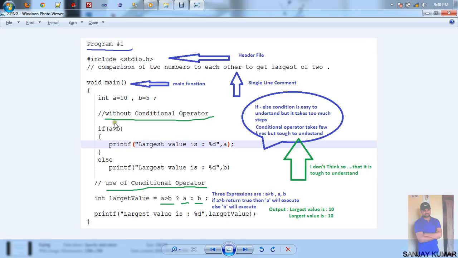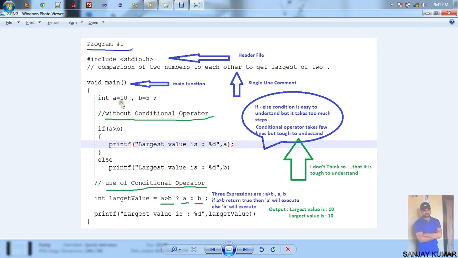Let us see. This is the program that I have made without using the conditional operator, using if and else conditions to compare these values. If a is greater than b, then this statement will be printed, meaning the largest value is that. Otherwise, if a greater than b returns false, then this statement will be printed.